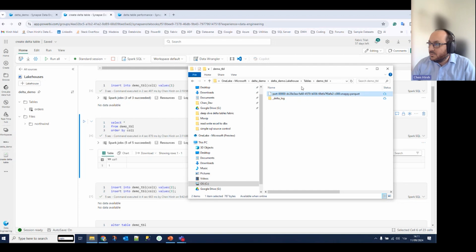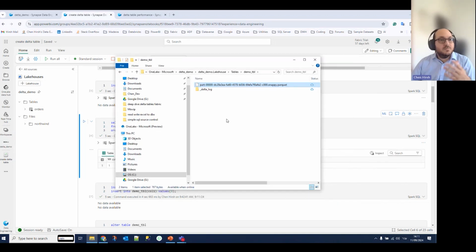We now have just one file. Notice that it's a Parquet file, and this one data file contains our one record. So I'm going to stop now for a minute. I want to talk about the advantages and a limitation of Parquet files before we dive in and create